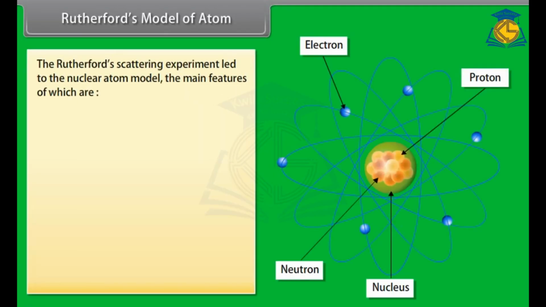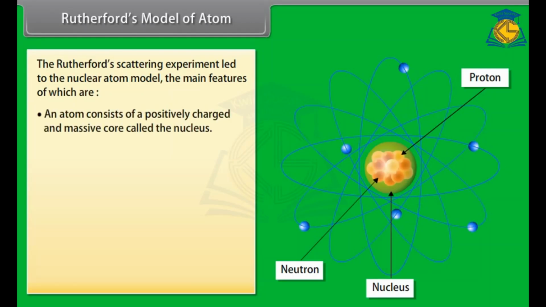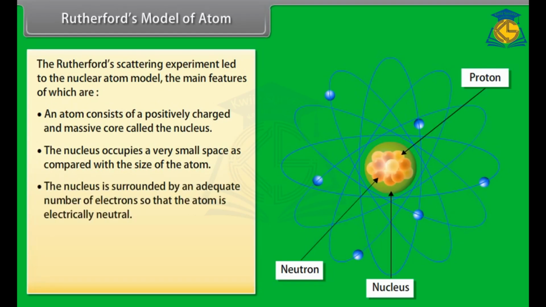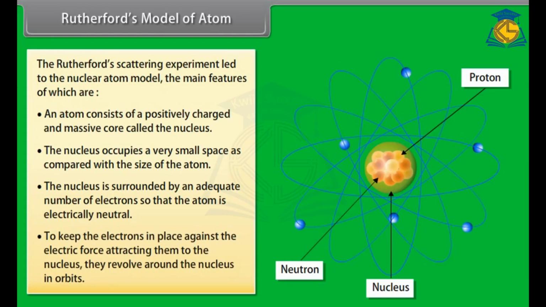Rutherford's model of atom. The Rutherford scattering experiment led to the nuclear atom model, the main features of which are: an atom consists of a positively charged and massive core called the nucleus. The nucleus occupies a very small space as compared with the size of the atom. The nucleus is surrounded by an adequate number of electrons so that the atom is electrically neutral. To keep the electrons in place against the electric force attracting them to the nucleus, they revolve around the nucleus